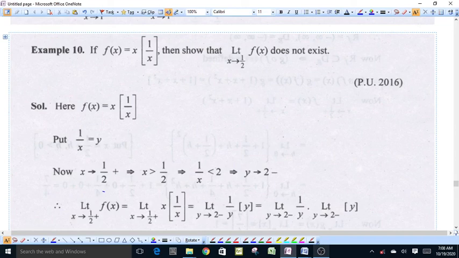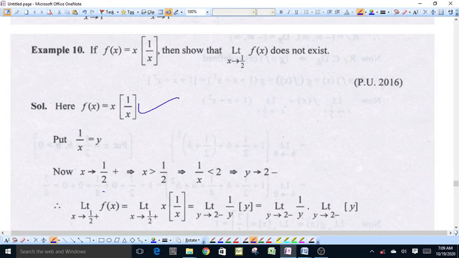Dear students, today we will continue the topic limits of a function. Suppose we have f(x) is equal to x into greatest integer of 1 by x, then we have to show that limit of this function f(x) as x approaches 1/2 does not exist. Here we have f(x) is equal to x into greatest integer of